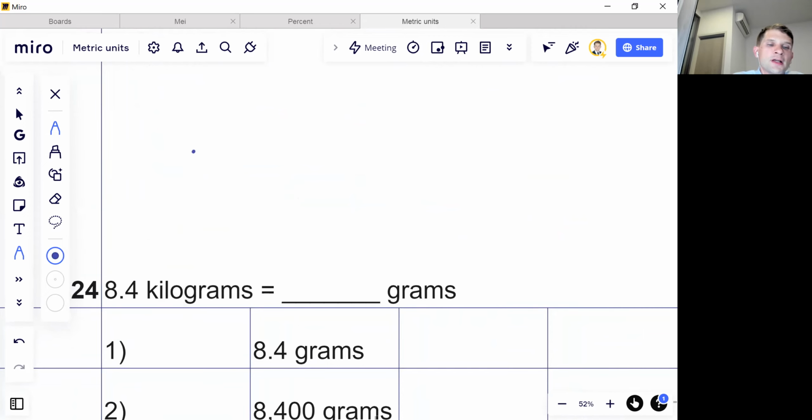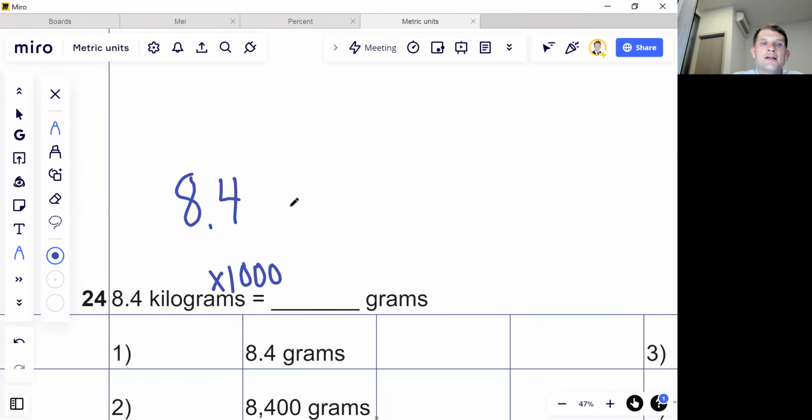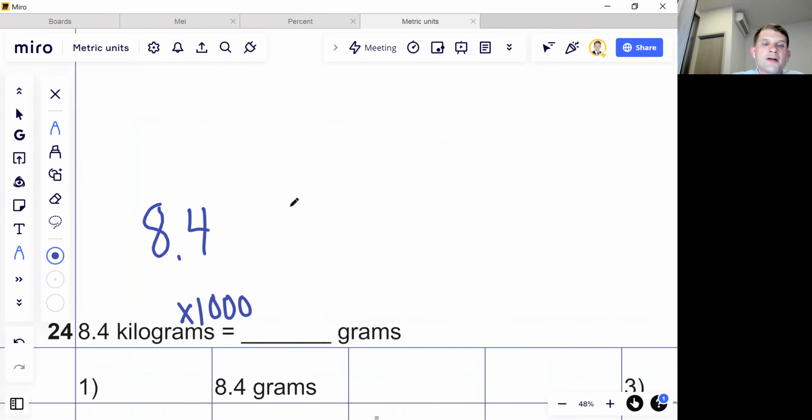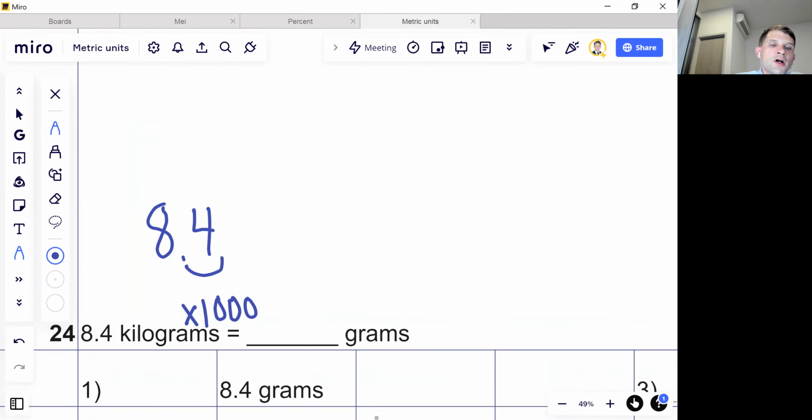So this time we're going from a horse to a fly, so we must multiply. And we remember that we need to multiply here by 1,000. Okay? So let's go ahead and do that for that one. We should multiply by 1,000 there. So we're going 1, 2, 3 places to the right with our decimal. So that decimal ends up going there and making this